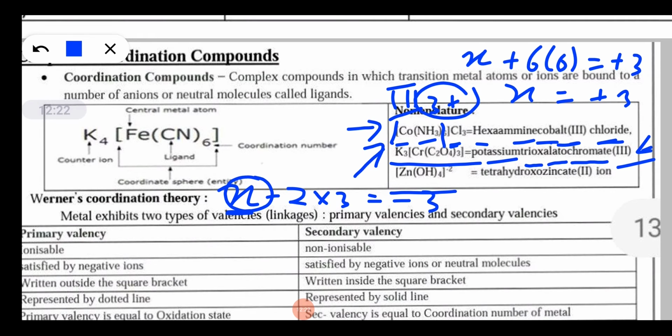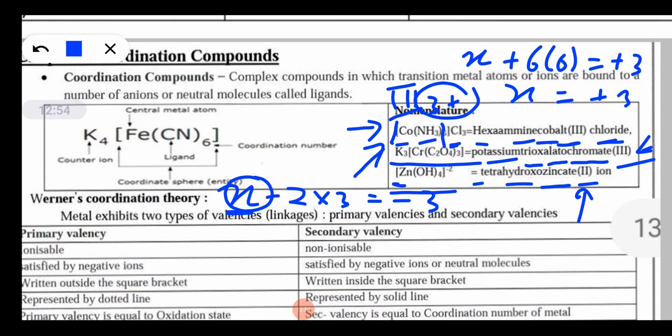[Zn(OH)4] 2 negative, so there is no counter ion mentioned here, okay, but it is there, but it is in the aqueous medium, it is not shown here. So tetrahydroxo, okay, tetrahydroxo. OH is a negatively charged species, so hydroxide is not written, hydroxo is written, tetrahydroxo. The coordination sphere contains negative charge, so zincate, not zinc, okay. Then 2 is the oxidation number of the central metal ion, x - 4 is equal to -2, x is equal